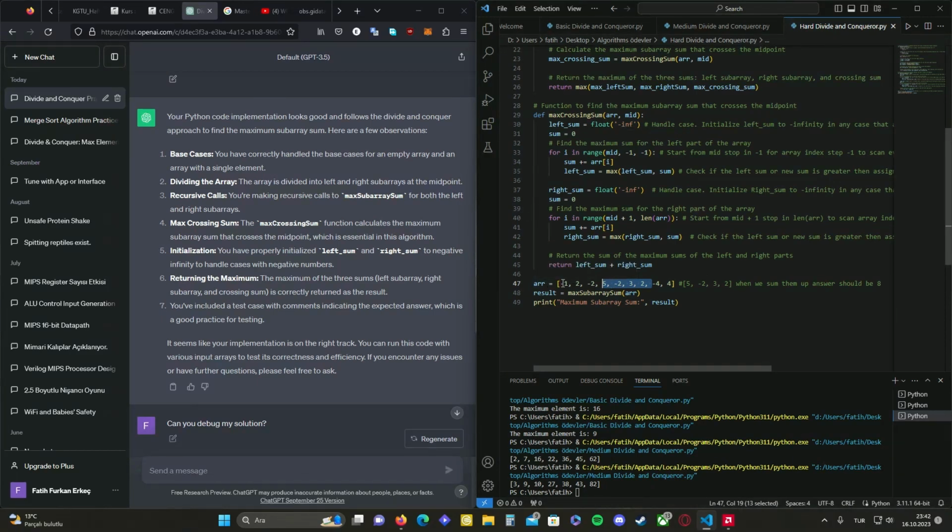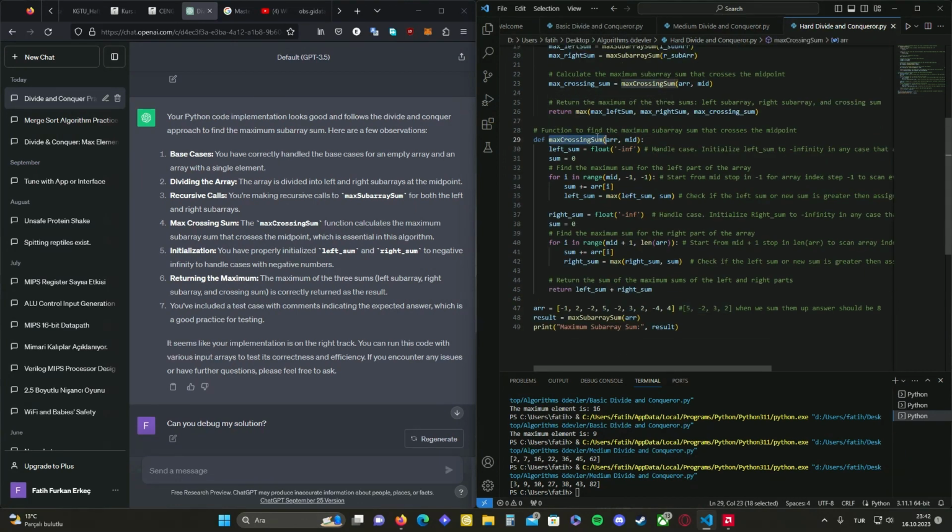It's not on the left side or right side, it's in the middle, and it should be handled in the max crossing sum